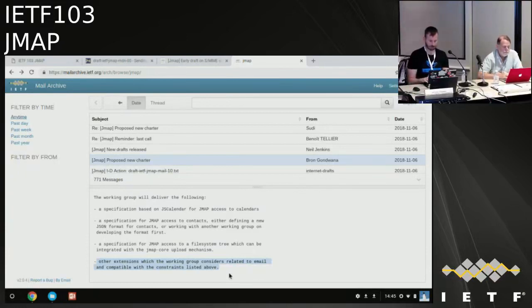If we want to do something else, well, that will be rechartering again later. Calendar and contacts clearly makes the most sense and would be a really good thing to have together with email on this protocol. So if we focus on that and then minor extensions to the email bit, I think that encompasses all the things we actually want to do and keeps it more constrained.